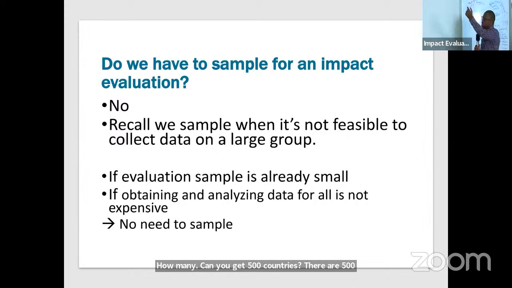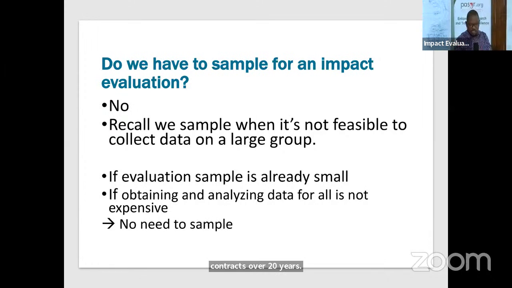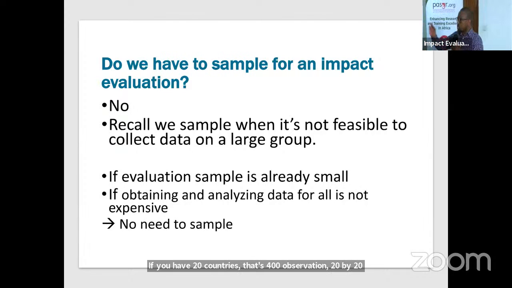And that's why you see sometimes, to increase the sample size, you have what we call panel, because now you have one country observed over 20 years. If you have 20 countries, that's 400 observations, 20 by 20. Are we together? Yes. So if it's cross-sectional, it could be at least 500, but if it's time-varying data,